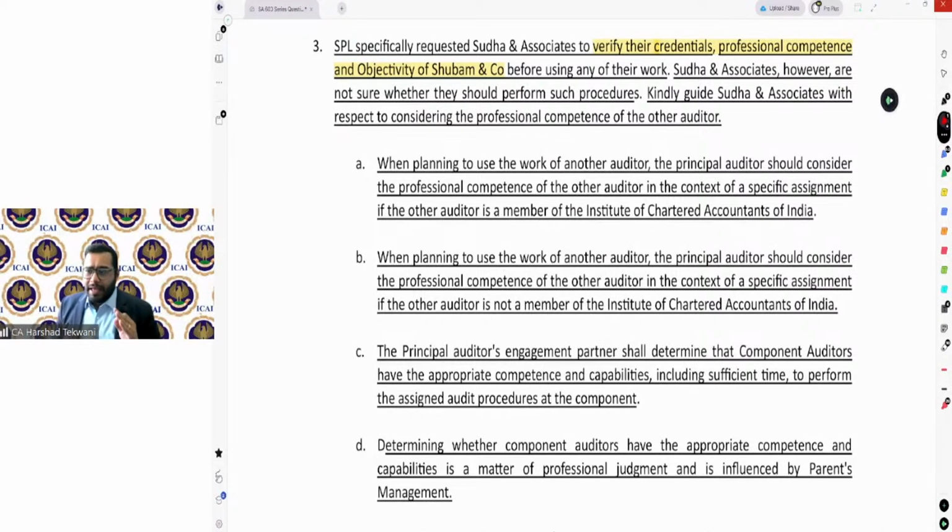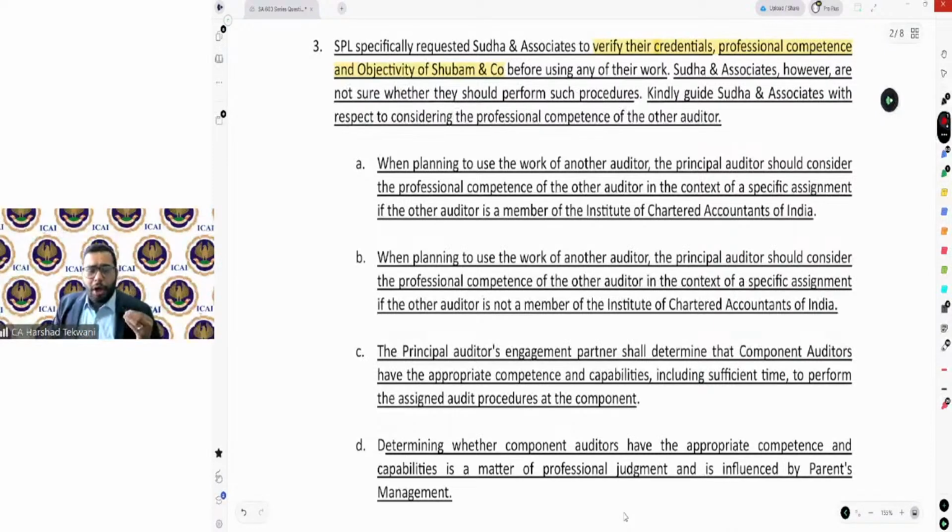So in that case, if a person is an auditor of a component, and if he is a member of the institute, then there is no need to verify the competency, no need to do the exercise, because it's presumed that he is competent. That's why he is a member as of now. That's enough. He's a member and statutory auditor. He has already proved that he is competent enough. That's why he's a member today, after clearing all the exams and everything. So he possesses that knowledge which he has already demonstrated. So why go and recheck the competency of the component auditor?